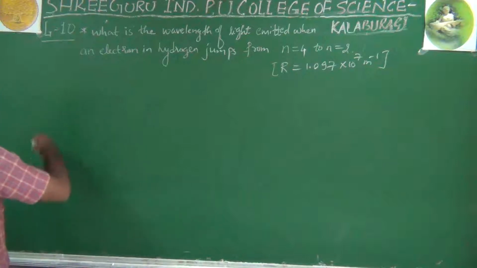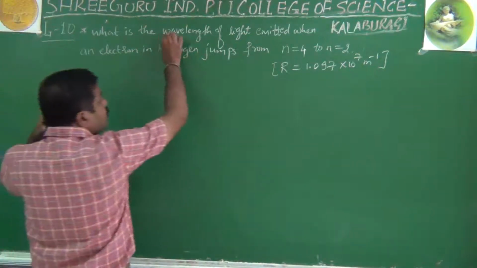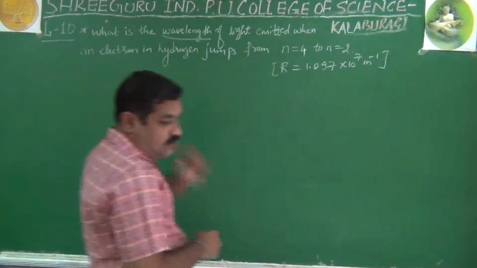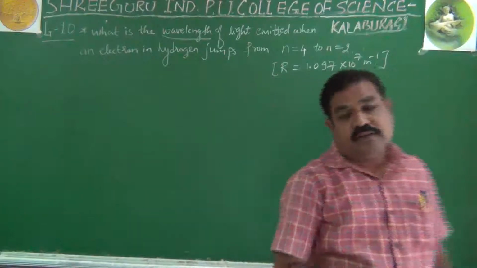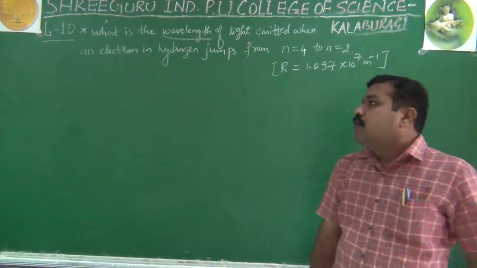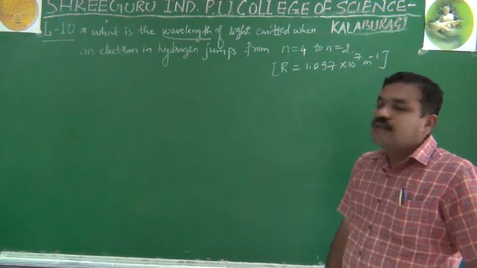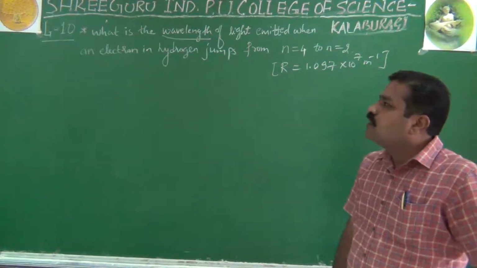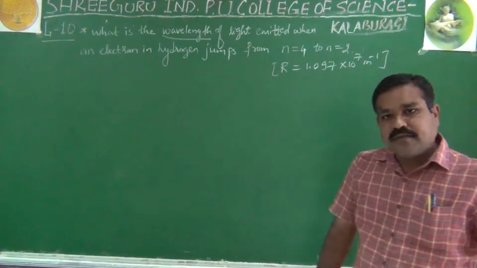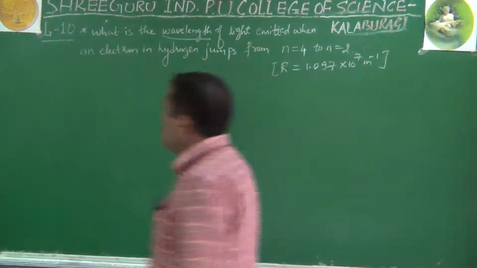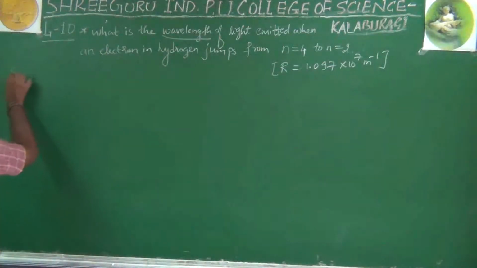Okay, students, so once again see, this time you have to calculate wavelength. Last time what you calculated? Wave number. One step extra. To get wavelength, you have to depend on wave number. If you calculate wave number, take its reciprocal, that will become wavelength. Simple. Right? So, once again, the solution.